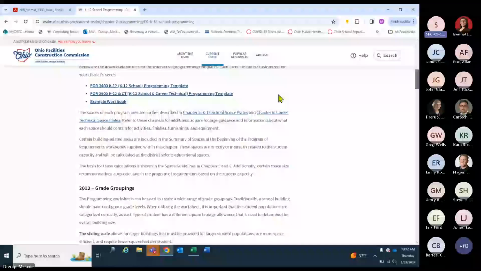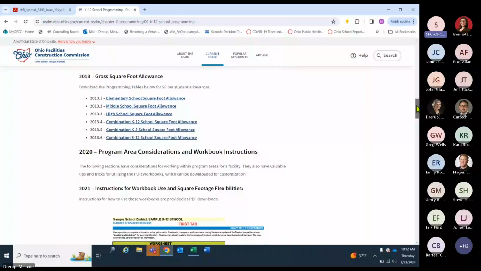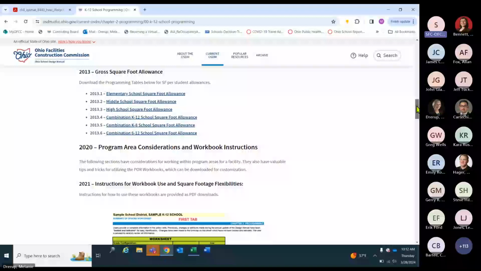Below the POR links, you will find a description of grade groupings and gross square foot allowances, where you have links to determine, if I have an elementary of 350 students, how many square feet will I be allowed? Also, program area considerations and workbook instructions.